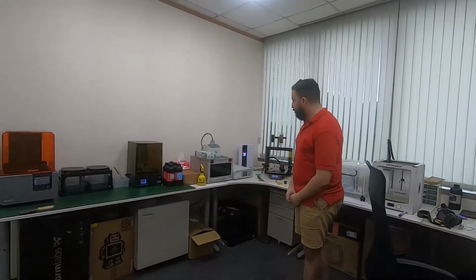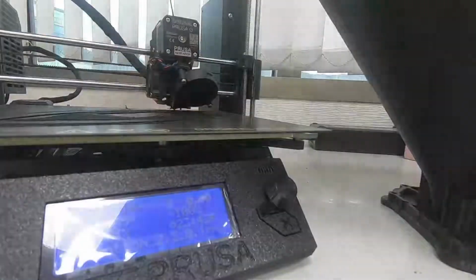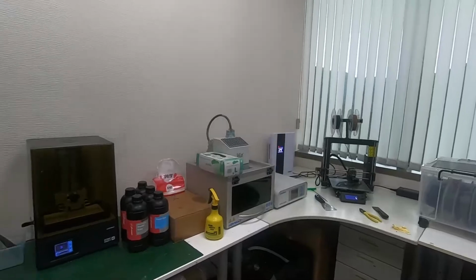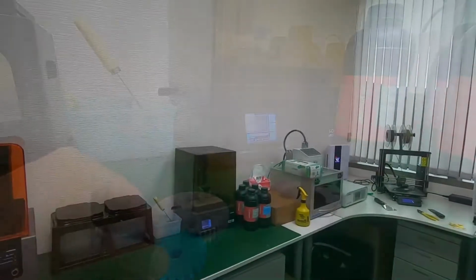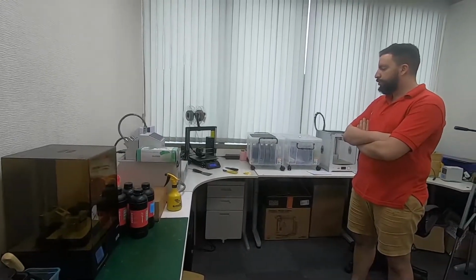I work for Titoma as a mechanical engineer, and today we're just going to discuss the differences between two printers we used to use here, a Prusa MK3 Plus and a Sonic 4K. They both have differences, pros and cons, and we'll just try to explain how to take advantage of the pros of each